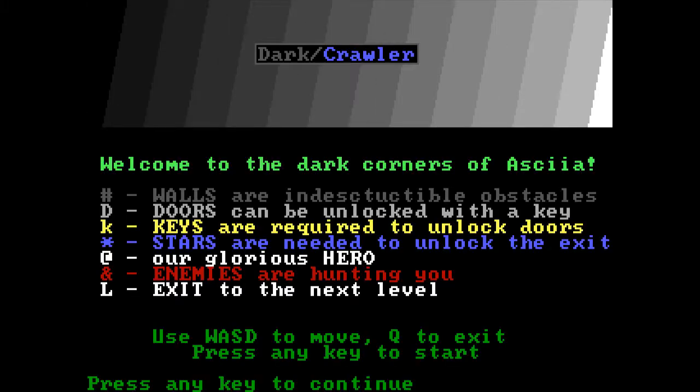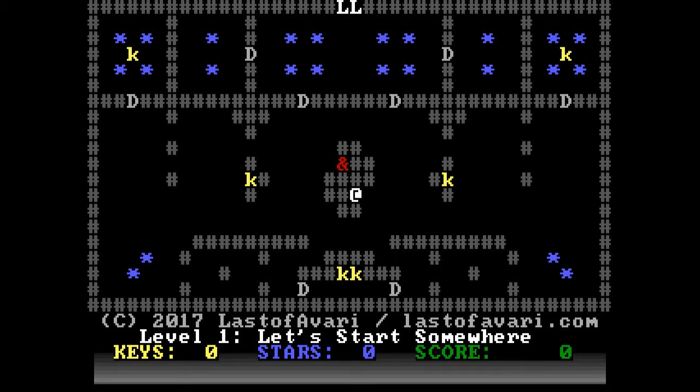Like rectangles you can see here. So level is 40 by 20. You can use sharp signs for walls, D for doors, lowercase k for keys, stars for stars, and it also has player coordinates, and then you have enemy coordinates, Y and X. So you can create your own levels